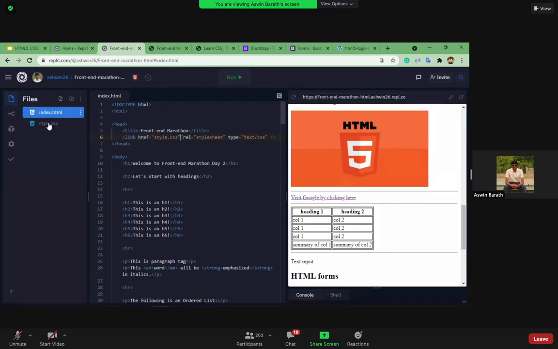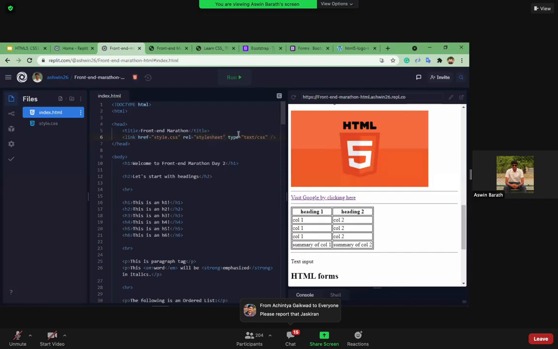If we want to link this style file that we have separately for this website, we have to provide the href, similar to what we did for the anchor tag. We provide the name of the CSS file followed by the extension, and that rel is nothing but relation. What is the relation of this CSS file? It is a style sheet.